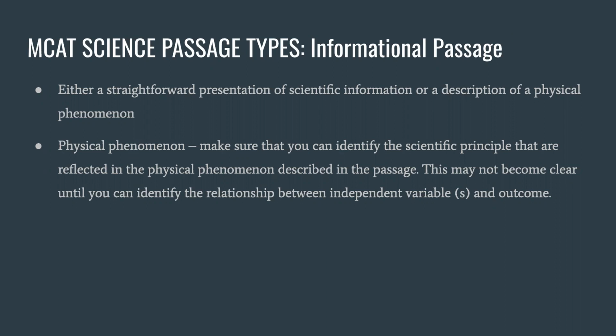All right, so let's get started, right? There are really three types of science passage that you're gonna get. There is the informational passage, very common, most common rather, in the Chem Phys section. What's important for you to understand is that informational means they're gonna tell you something that is straightforward. They're gonna give you a scientific piece of information that is absolutely straightforward. They may even just describe it to you, right?